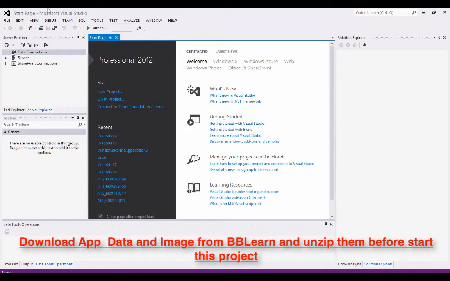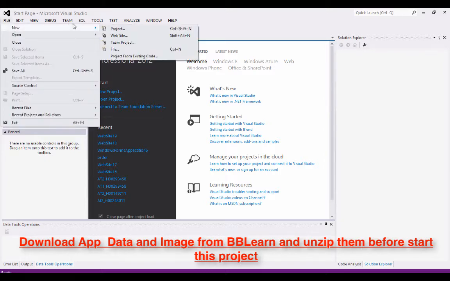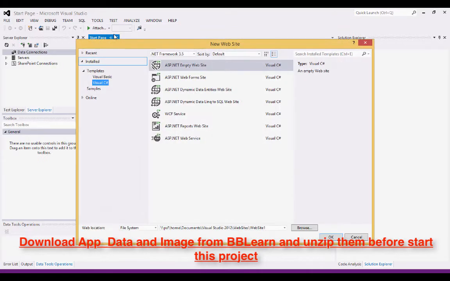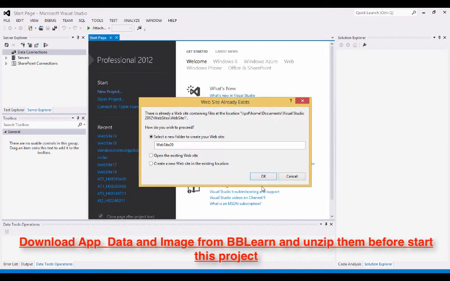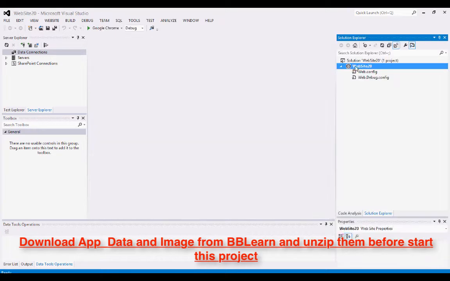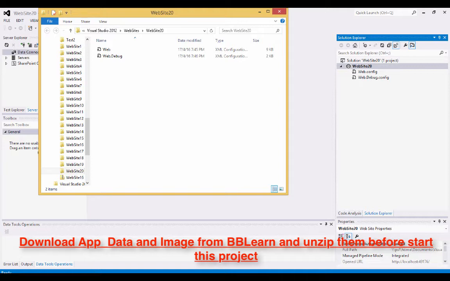Today we are going to learn about how to do the catalog page. So let's start the new website. I just leave the default name and press OK, or simply open the folder and you can